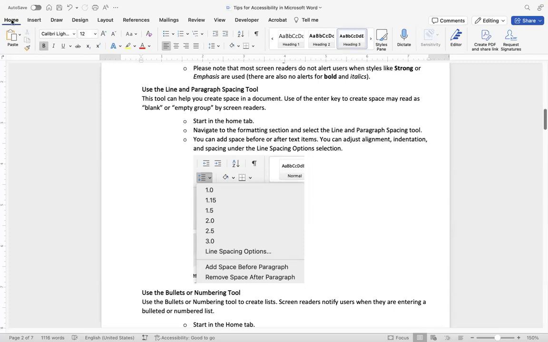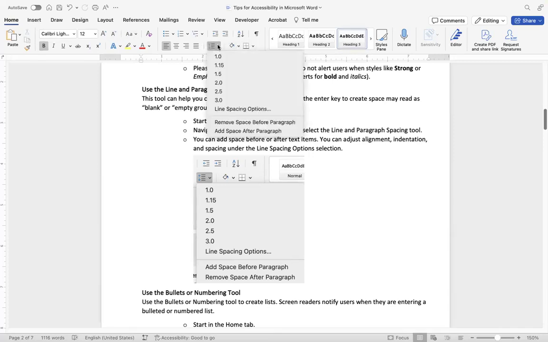Again, you're going to start in your Home tab and you're going to navigate to the formatting section and you're going to look for the line and paragraph spacing tool. Right now, I'm using my mouse to activate the drop-down menu. And what's appearing are going to be different line spacing options.